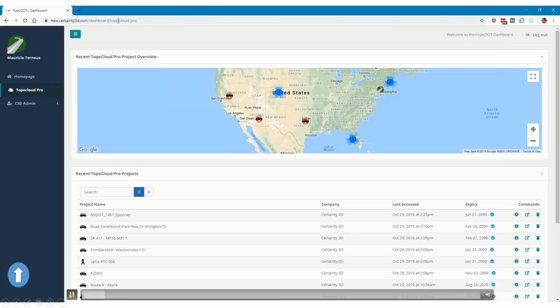And first thing you're going to notice, I'm going to get a nice interface. This is my personalized interface. All the URLs I've got from whomever's given them to me are going to be listed, shown on the map. And here you see three mobile projects in this particular example